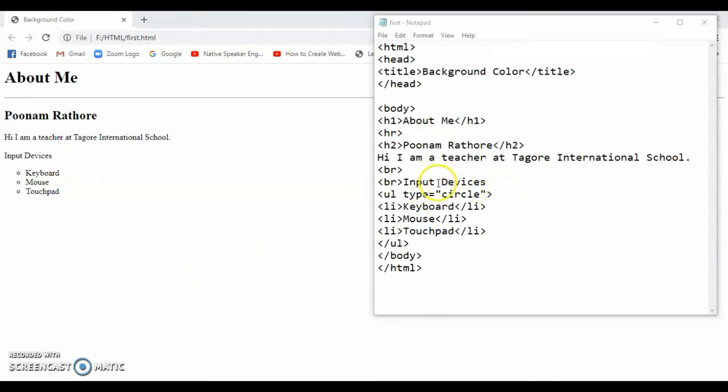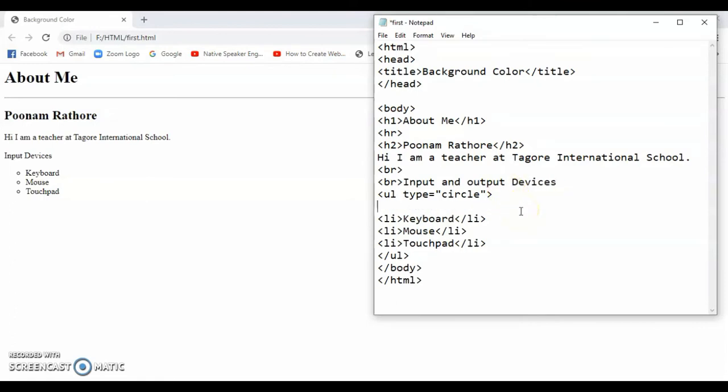So over here I will change the heading to input and output. So let me start now my ordered list, where I am creating numbers, and my list items are going to be the same. These are my input devices. So my ordered list is going to end here, because these three items I want to have in my ordered list. Now the next list item for my upper list is going to be output devices.